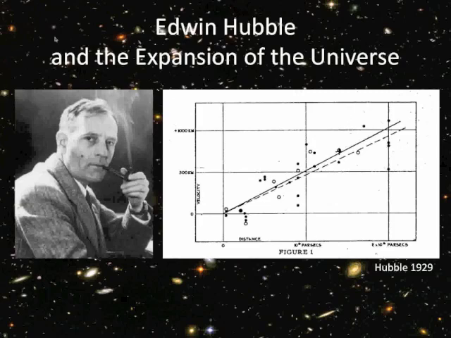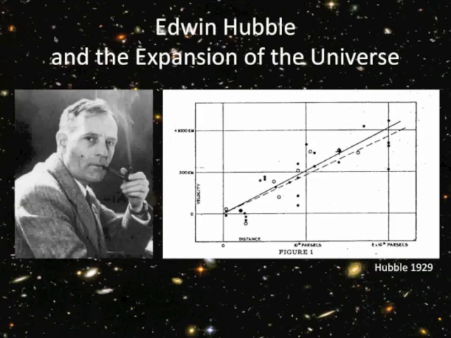So what Hubble did was he took his distance measurements, he took these recession velocity or radial velocity measurements from Vesto Slipher, and he plotted them, and he realized that there was a linear correlation, a tight correlation between the distance at which a galaxy is and the velocity at which it seems to be moving away from us. So these galaxies not only seem to move away from us, but the velocity is tightly related to the distance at which they are, right? And the genius of Hubble was to realize that this was clear evidence for an expanding space, right?